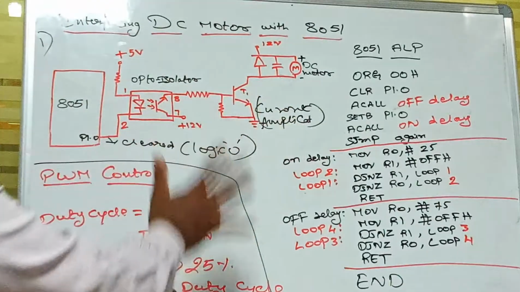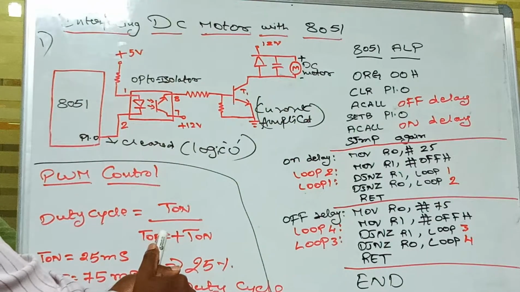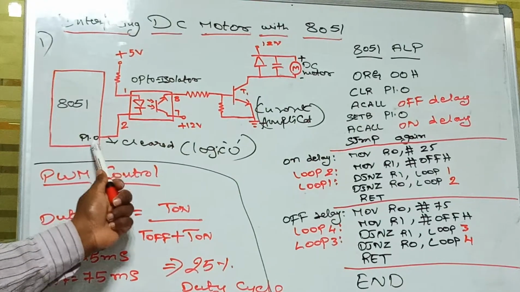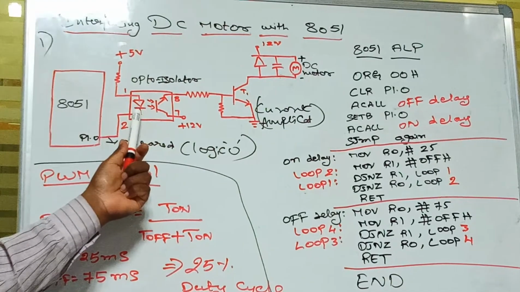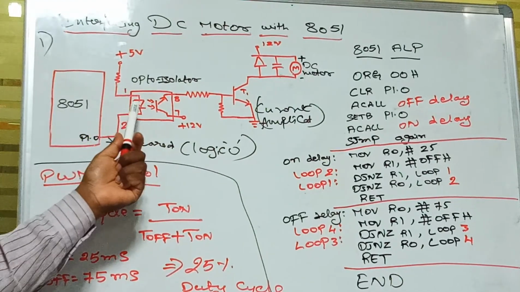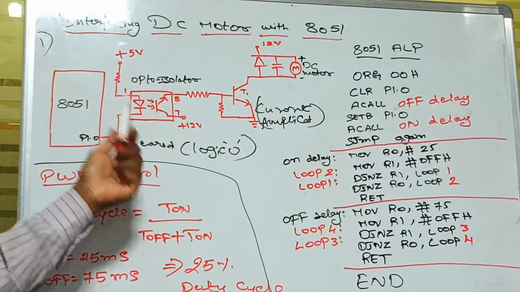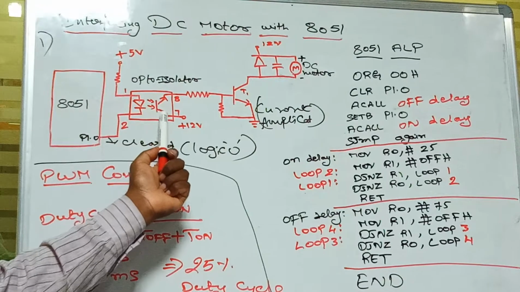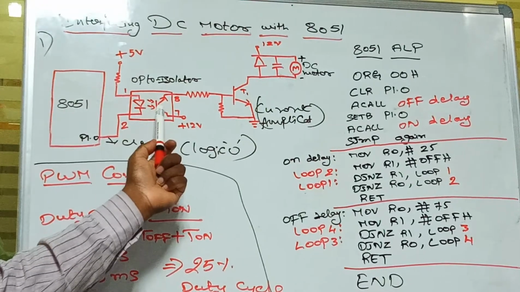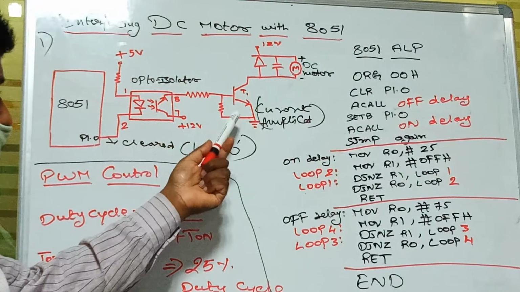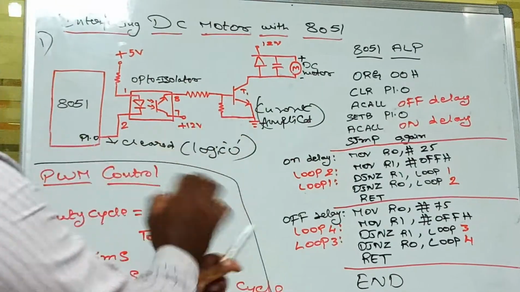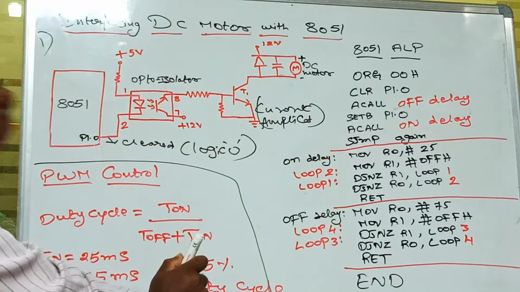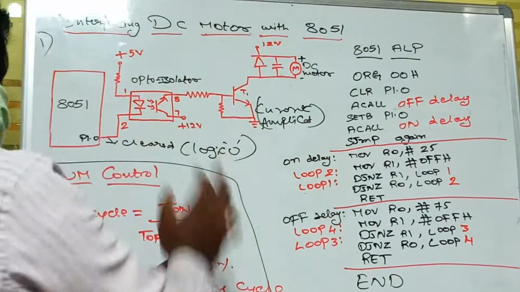So this is the picture of the interfacing of the DC motor with 8051. Here once again, if you clear P1.0 as logic 0, then automatically the LED of the opto isolator gets triggered, conducts, and then it is connected to the Darlington transistor of the opto isolator. This Darlington transistor of the opto isolator is coupled with another transistor T1. When this emitter conducts, then automatically the DC motor starts to run. So the DC motor starts to operate with the help of 12 volts.